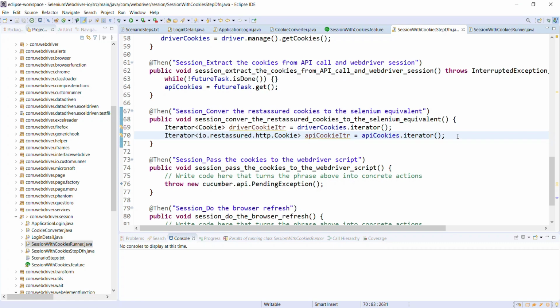And then I will add a while loop which is going to iterate over both of these iterators and then convert the cookies accordingly. Now make sure that whatever cookies you are getting from an API call, you are using the proper cookie class for them.